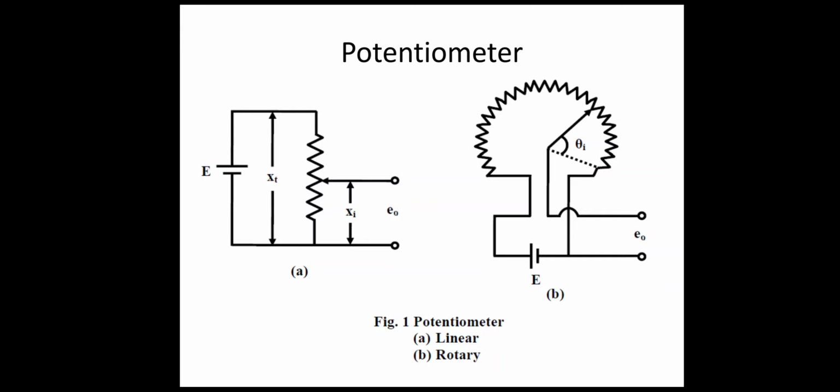And the potentiometer is the simplest type of displacement sensor, so it can be used for linear as well as angular displacement measurement, as shown here. They are resistive transducers, and the output voltage is proportional to the displacement of the movement of this resistance. The major problem with the potentiometer is the contact problem, resulting from wear and tear between the moving and the fixed parts. As a result, its application is limited to simple uses.